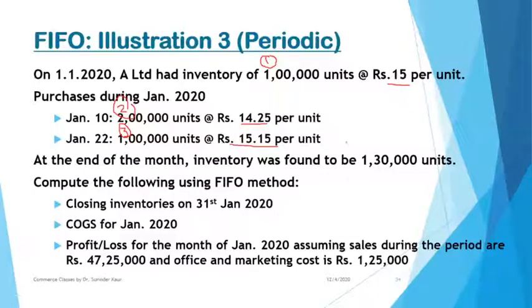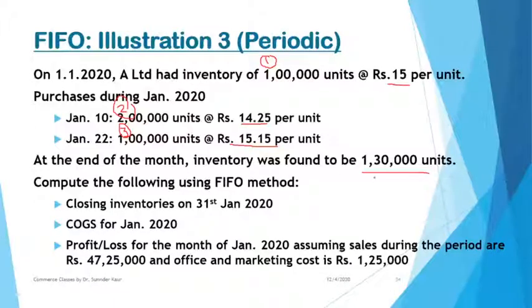Now at the end of the month, the inventories are found to be 1,30,000 units. So this is a physical system taking place because we are not given the sales. We are just given the closing inventory. So how will we determine the closing inventory? Now, as per the FIFO approach, initial lots are sold first. So your sales will be from the first lot and then the second lot, and then your third lot will be used if the need be.